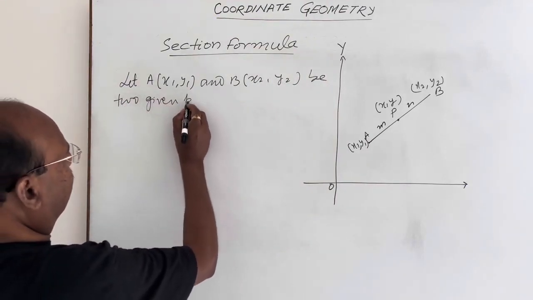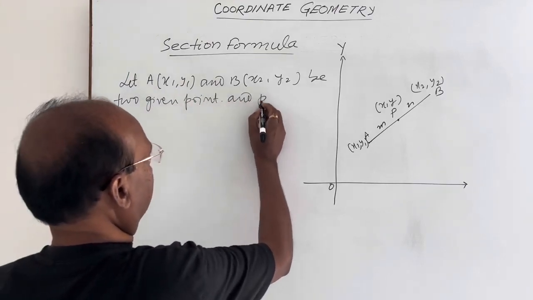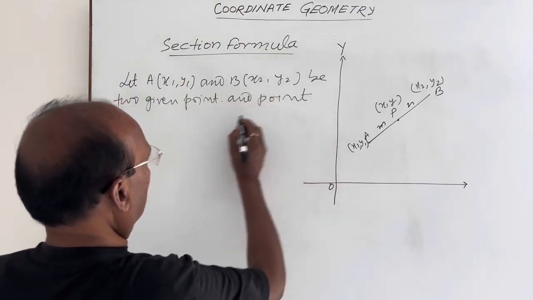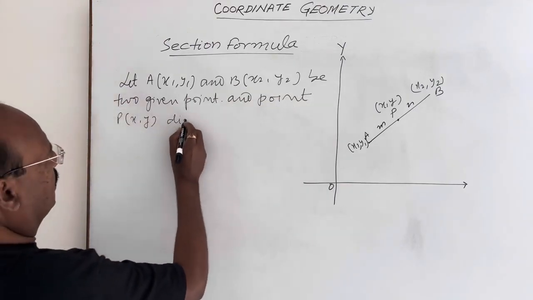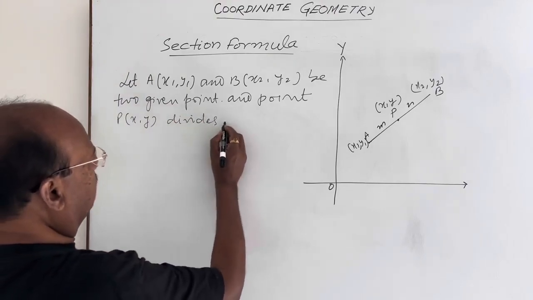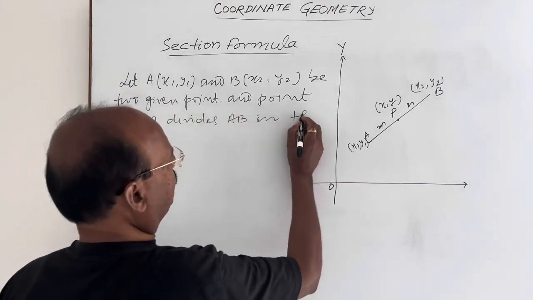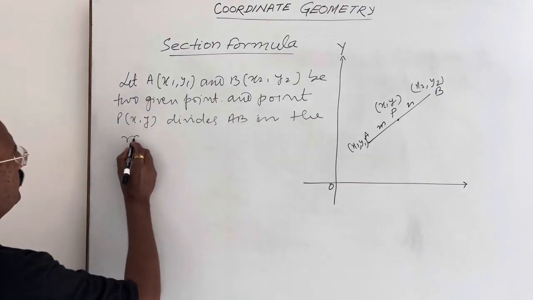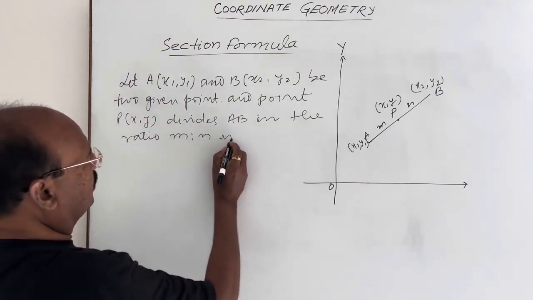Clear? And point P having coordinates xy divides the line segment AB in the ratio m:n